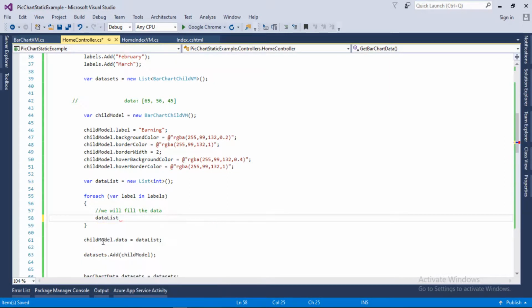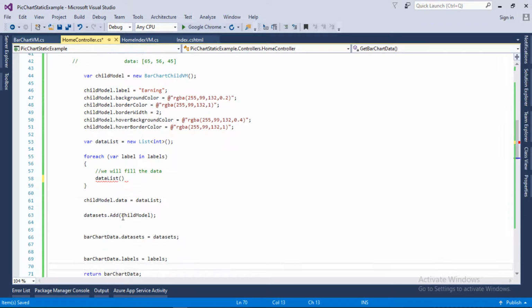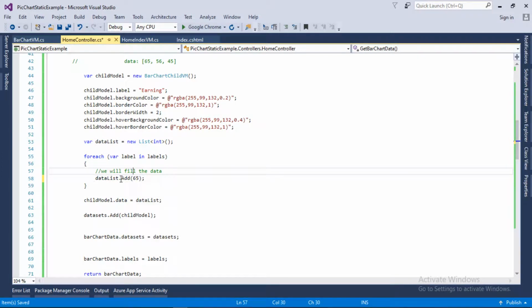So for each loop we need to pass the value of the label. So we need to check here if conditions, and first of all let's add a value, let's say 65. But as you can see, we need to pass different values such as 65, 56 and 45.